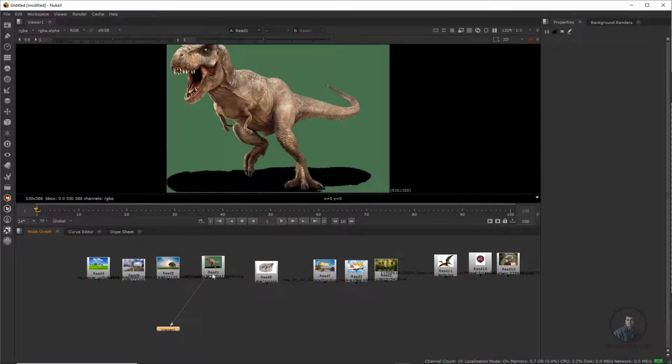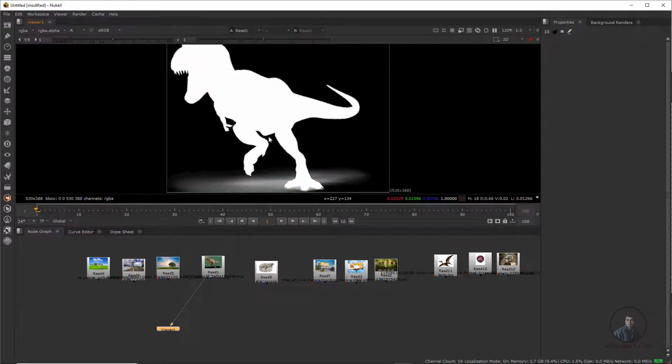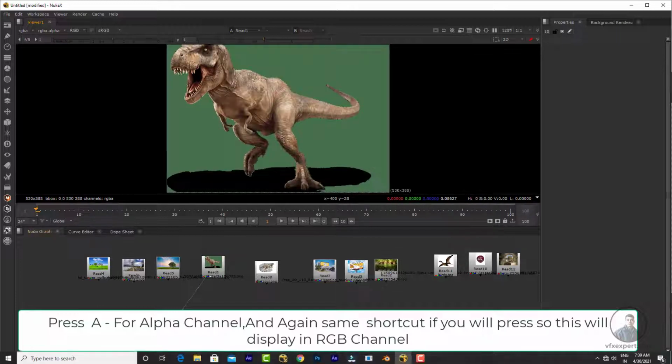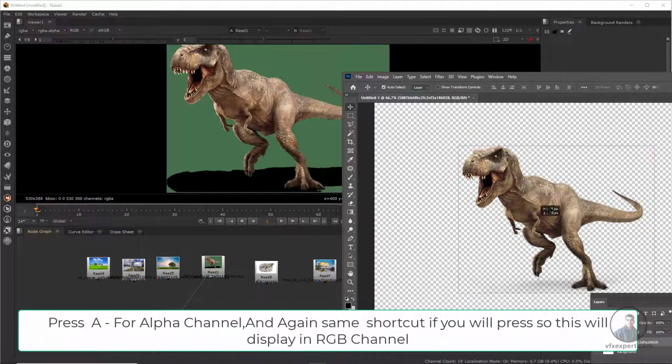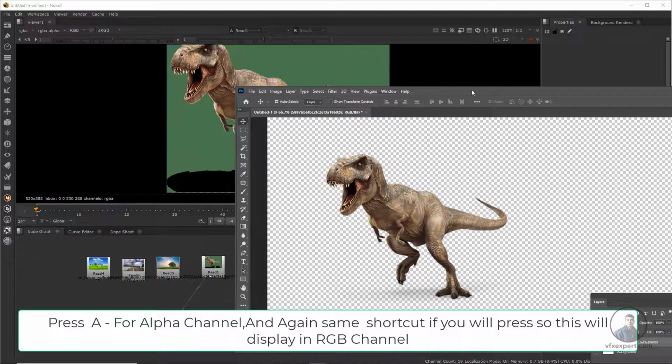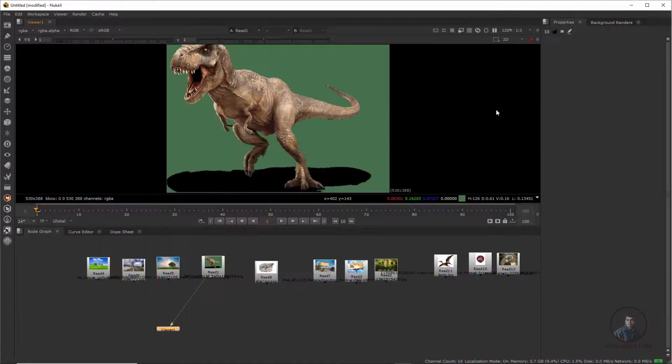The viewer will automatically connect with this image. Now again we have to check the alpha channel, A. So now you can see alpha is there, okay, because I have saved this image in PNG format. You can save in PNG, TIFF, even Targa. All these formats support alpha channel, okay. So here now just close this one.